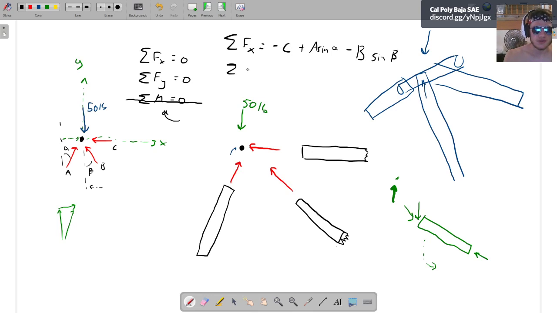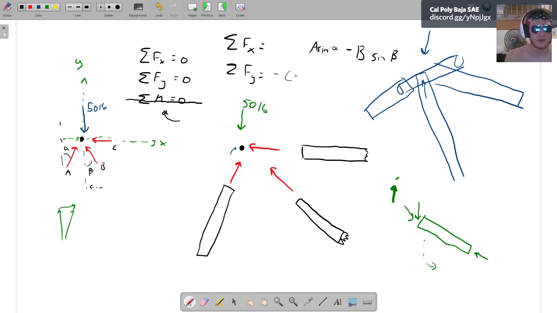So then we can do the sum of forces in the y direction. We'll get a similar thing. Oh, whoops, I messed up here a little bit. C does not act in the x direction. There we go. Back down to 2 unknowns. Nice. All right, so in the y direction, we know that this is going to be minus c, oh dear,